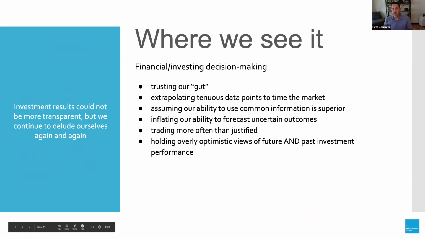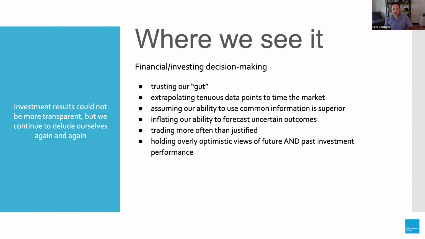So what I want to get into now are some of the other situations where we see it. We highlighted some of those earlier, and some of you contributed on where you've experienced it, but some of the main areas where we tend to see it. One primary area, and David, you touched on this, is in the financial or investing decision-making arena. We have a tendency to trust our gut, as the colleague who wanted to buy Twitter the afternoon before they reported earnings.